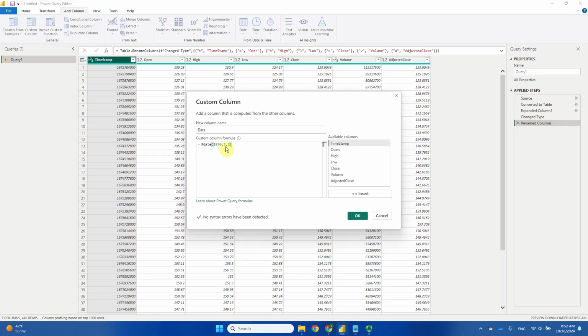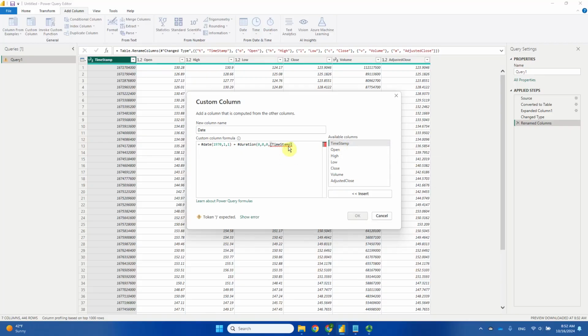The first argument is the year, the second argument is the month, and the third argument is the day of the month. So this date function specifies that I'm at the date January 1st, 1970. Now I'm going to add a duration so that I will start from January 1st, 1970, and after adding this duration, I'm going to skip to the current date. So the duration is going to be this duration function, and you need to start with 3 zeros